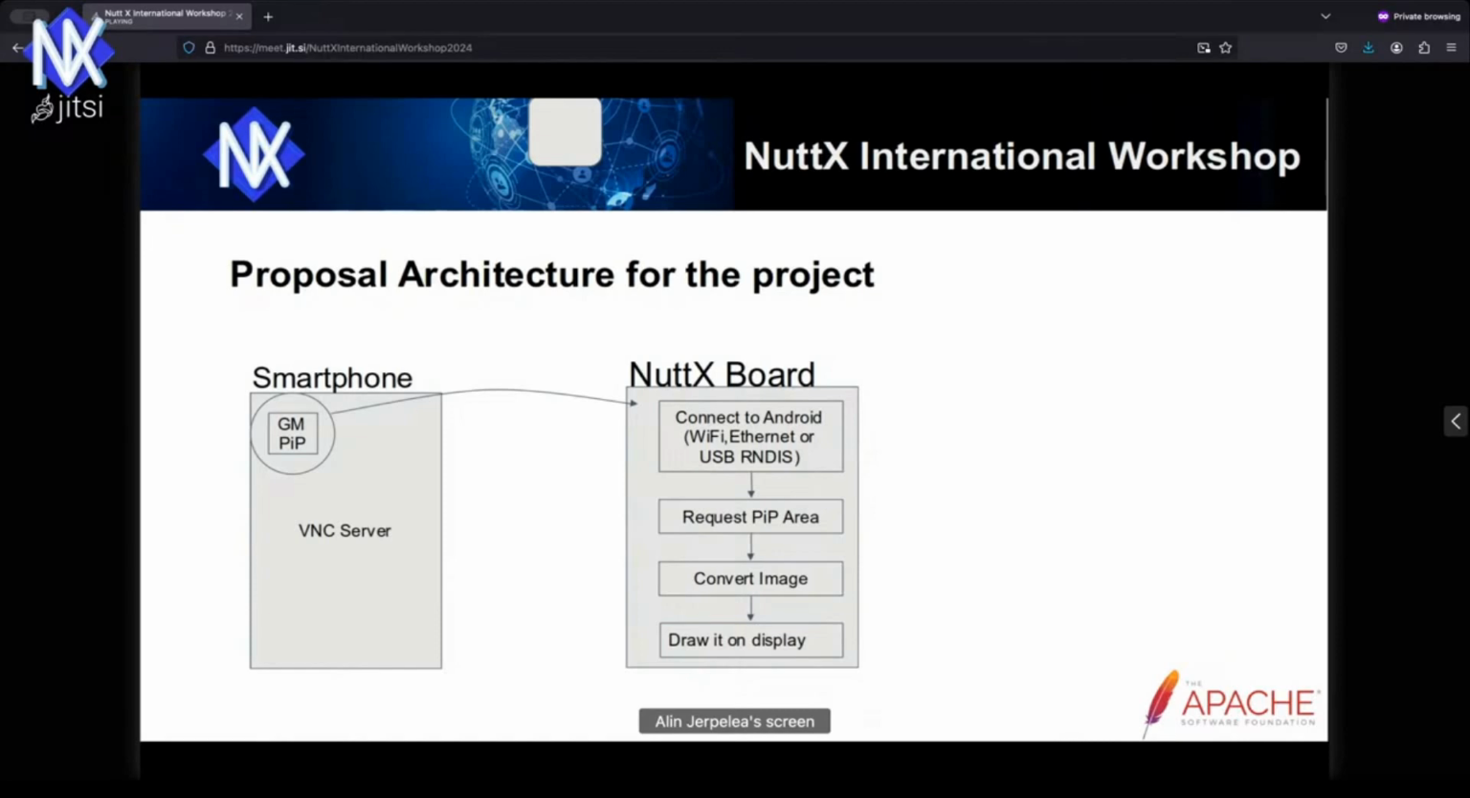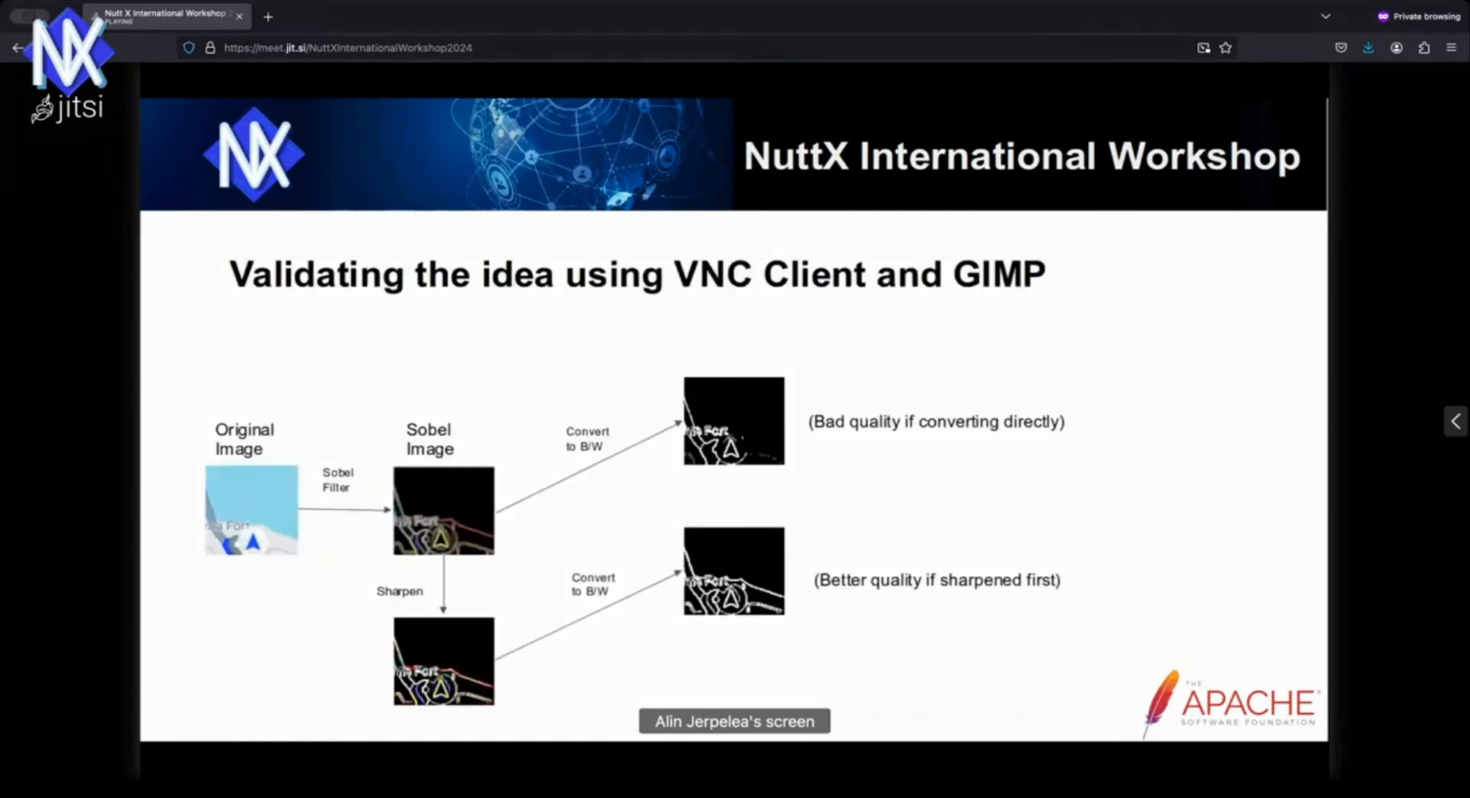So the NuttX application will communicate with the VNC server. I created a VNC client, and it will request this picture-in-picture area, convert the image, and draw it onto the display. So before implementing the application, I decided to do some tests using a VNC client and use GIMP to do the